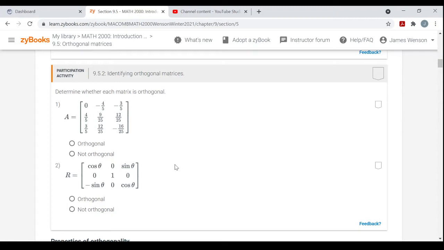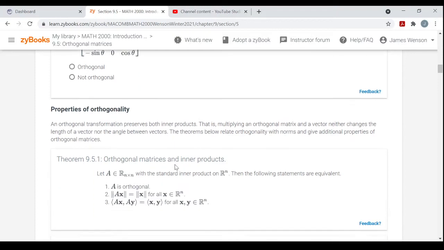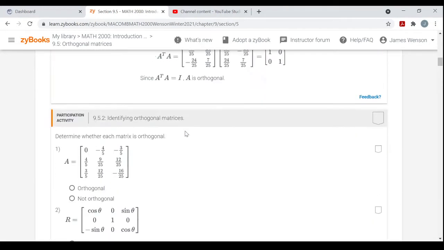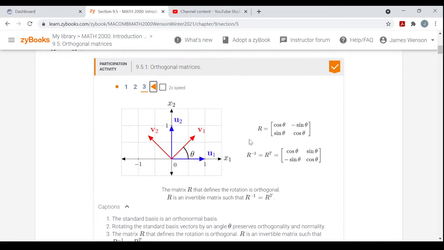Alright, so now if you know you have an orthogonal matrix, it should satisfy certain properties as well. An orthogonal transformation preserves inner products. That is, multiplying an orthogonal matrix and a vector neither changes the length of a vector nor the angle between vectors. Right, as you saw up here,